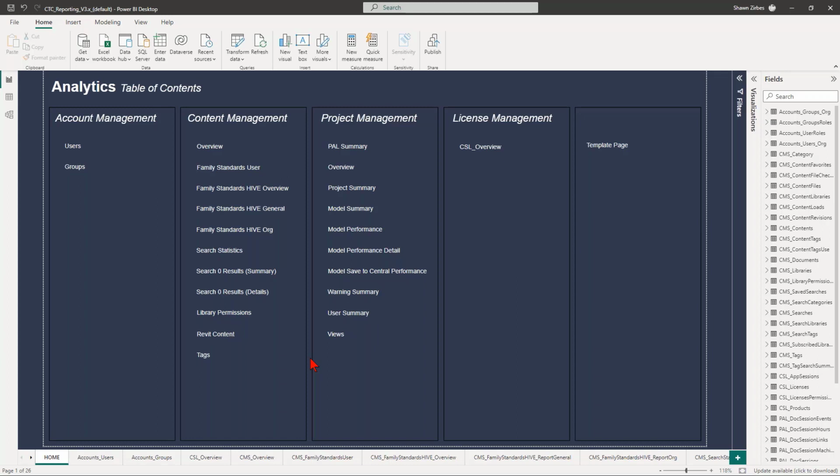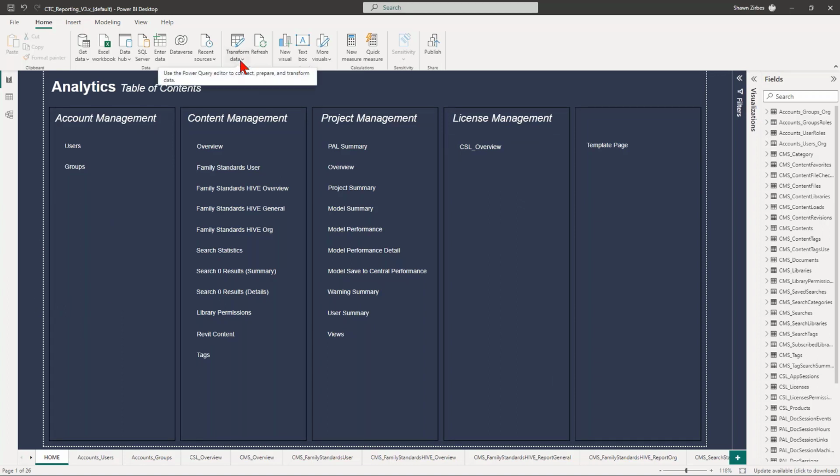If you do want to share it, if you do want to publish some of your settings, then you will actually need to have a Microsoft Power BI license if you want to share this with other team members and not have this be editable by them. So that's beyond the scope of today's discussion. The goal here is that you can get a ton of data inside of here just by modifying a quick